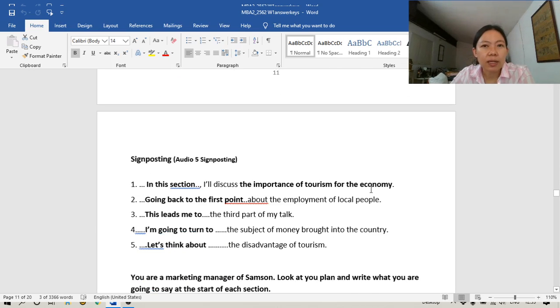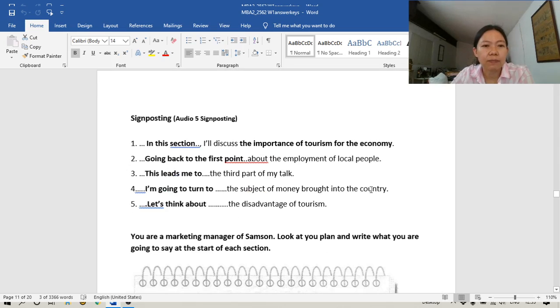So here is the answer key for the signposting sentence. First, "In this section, I will discuss the importance of tourism for the economy" is introducing the new topic, saying what you are going to talk about. And then,